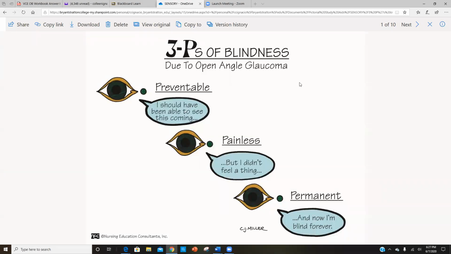Welcome to sensory. So we're going to be talking about sensory today. And so our first picture shows us the 3 P's of blindness due to open angle glaucoma. Before we get into glaucoma, I just want to mention some things about your sensory assessment and particularly your ocular